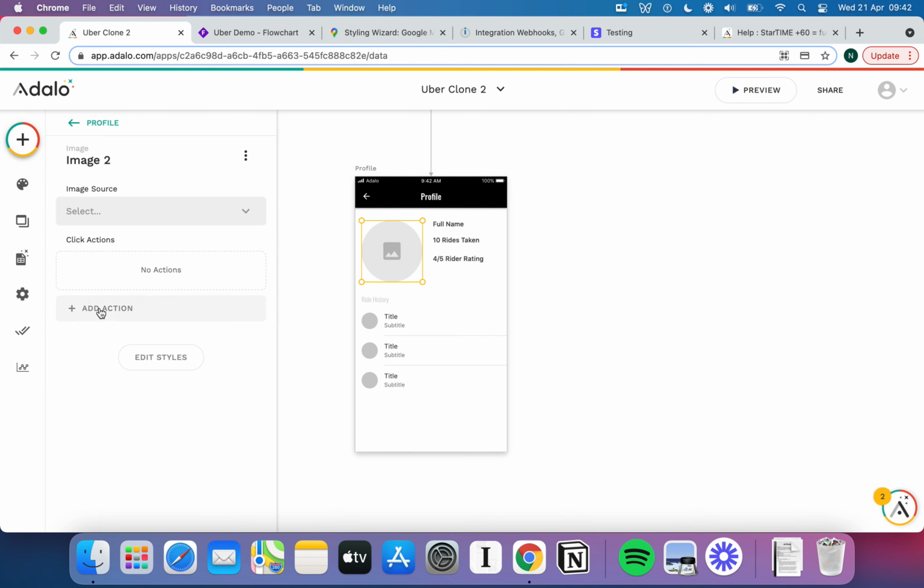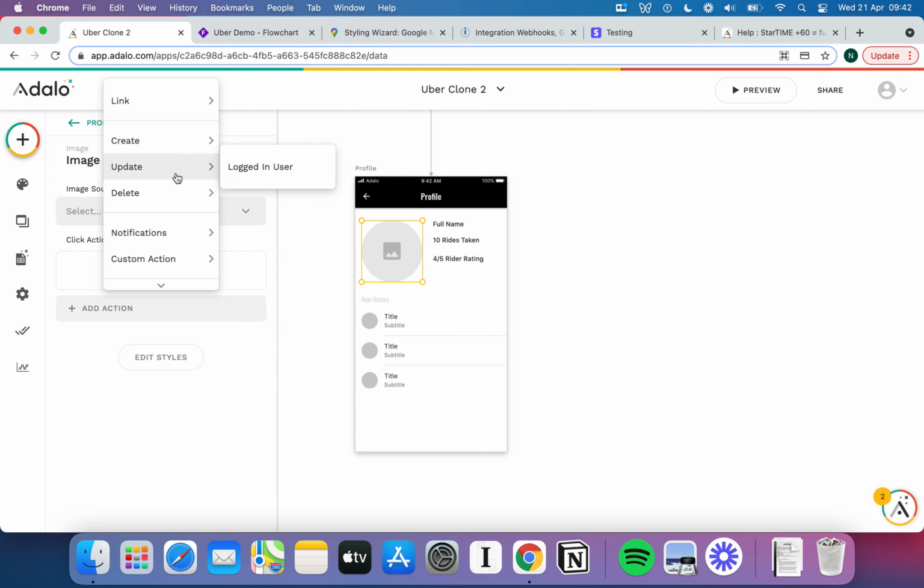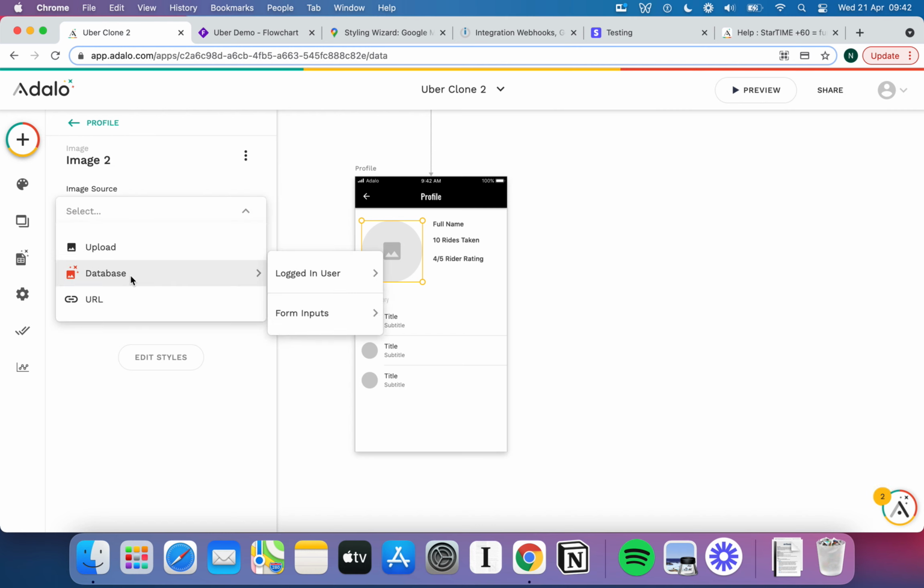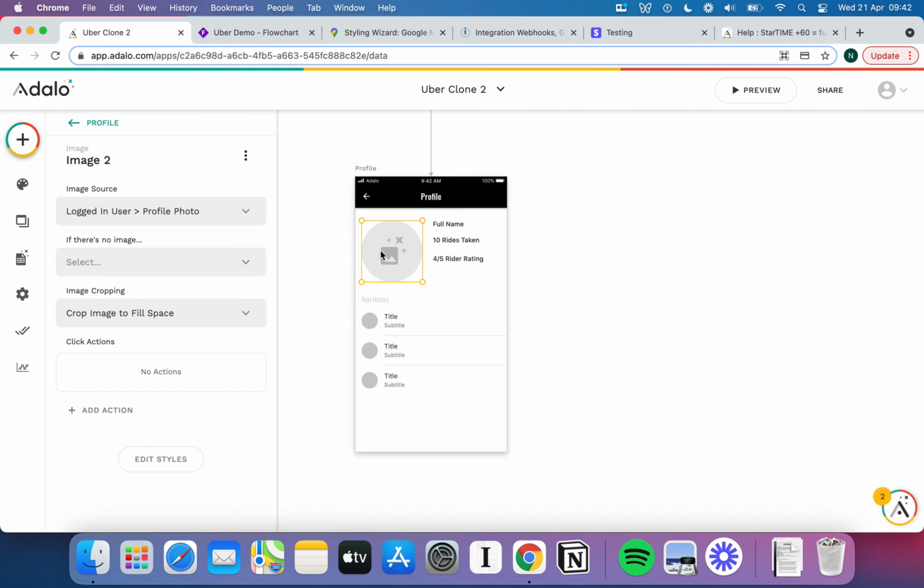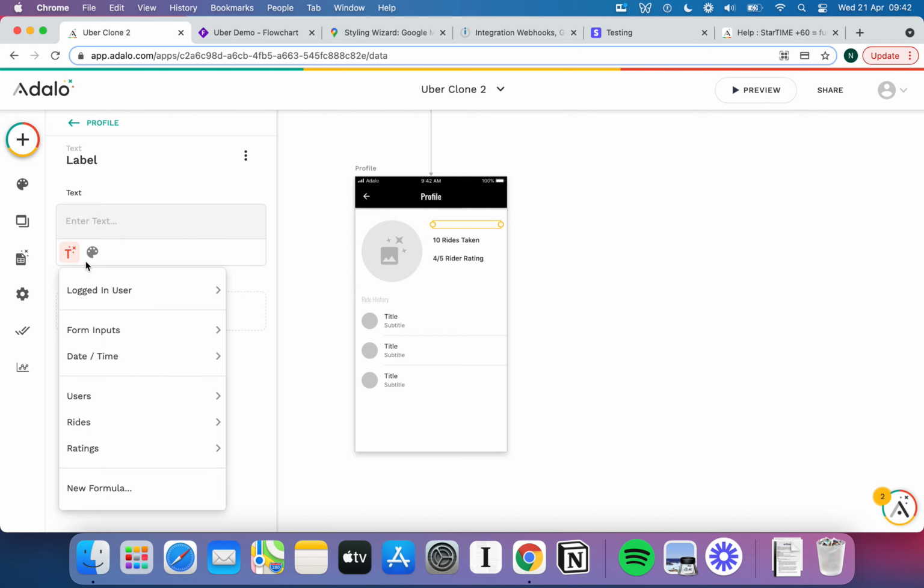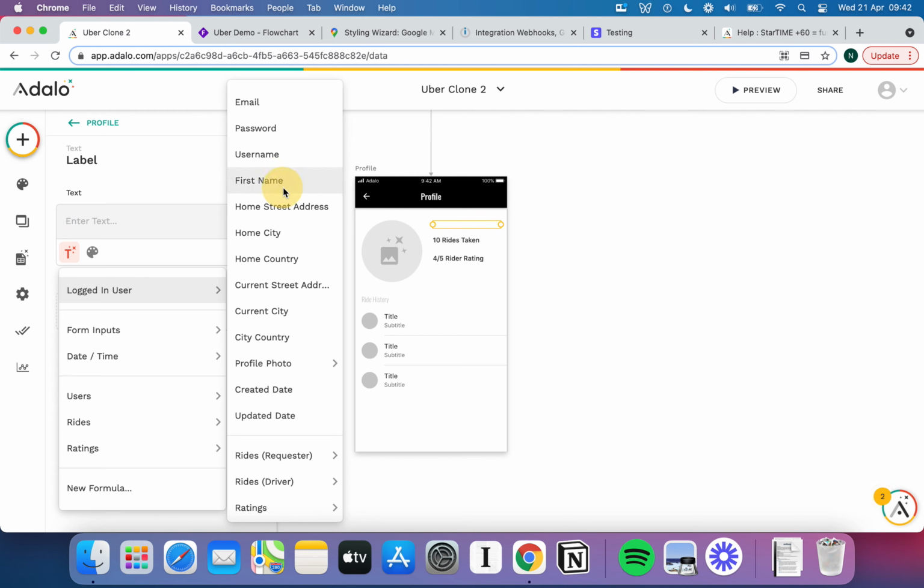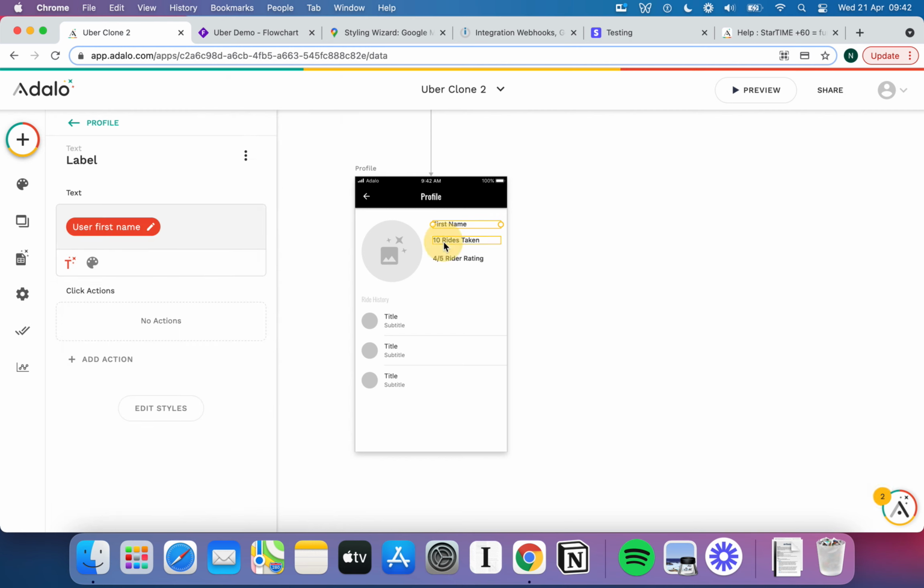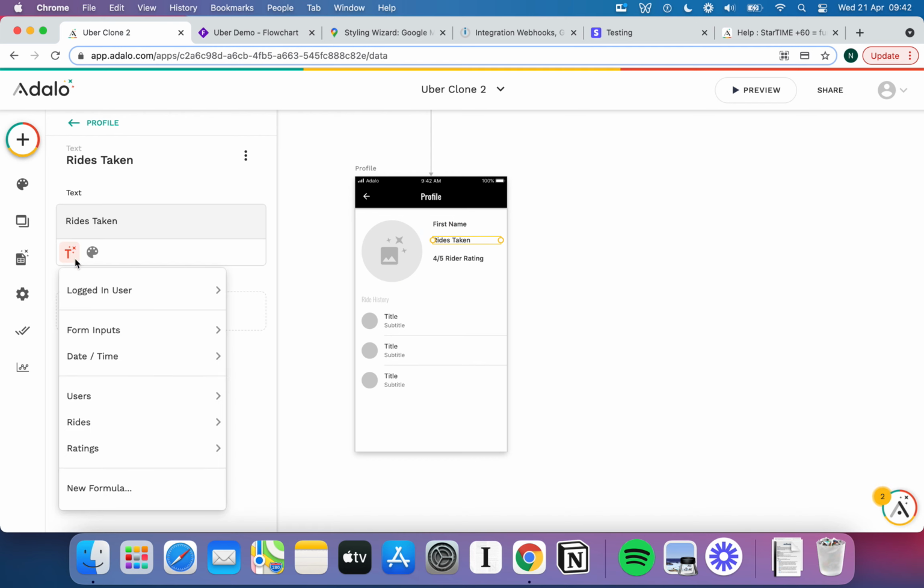So if I click the image, add action, not add action, sorry, image source. And if I go to database and logged in user, I can select the profile photo. So that is now going to set the user's profile photo in this big circle here. For the full name, I'm going to delete that text, and I'm now going to replace that with the user's first name. Where it says 10 rides taken, what I can do here is hit add magic text,